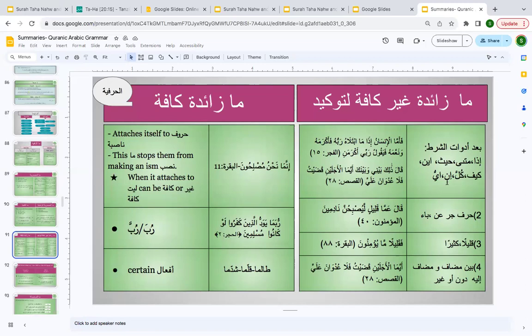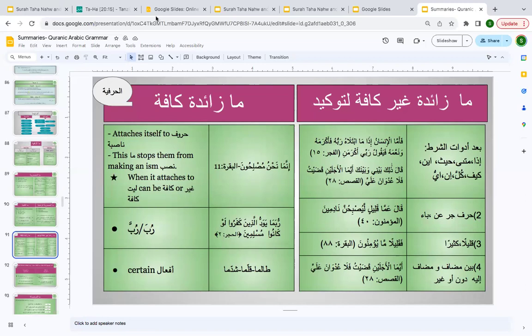So you don't say inma, you say imma. And then you can see it after harf jar. Zaida, you can see after haruf jar, which is an and ba. But this is not coming where the position is not such that you are seeing a harf jar. So this one is after harf jar, as you are seeing here. But here you are seeing an ism that has been majroor.